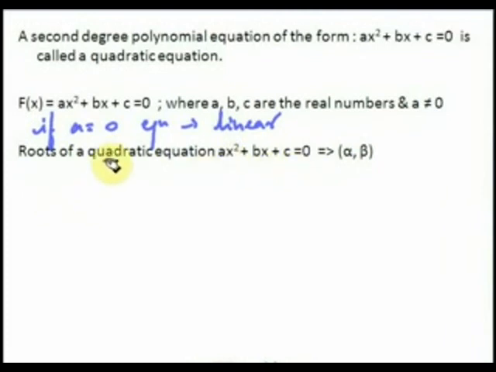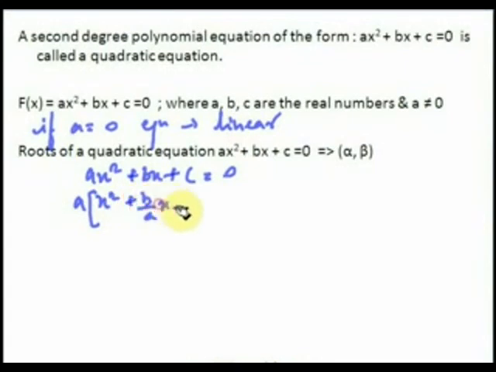Now we have to find the roots of a quadratic equation. Given the equation ax square plus bx plus c is equal to 0, we have to find the values of x for which this equation holds true. If we take a common, then we have x square plus b by a x plus c upon a is equal to 0. We can write this equation as, making it a perfect square, x plus b upon 2a whole